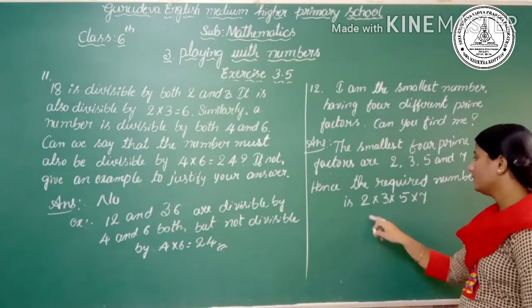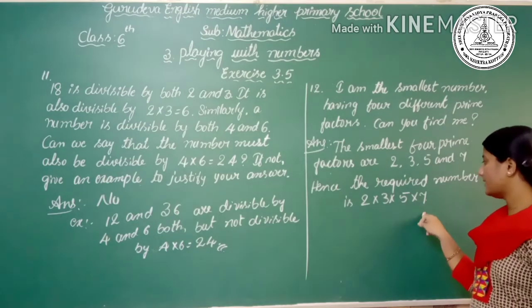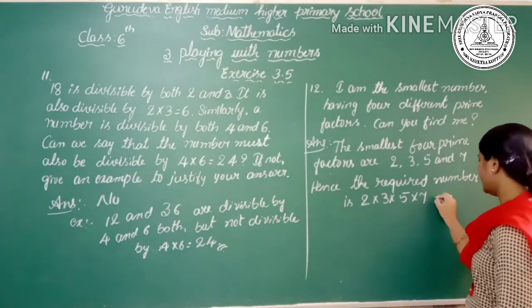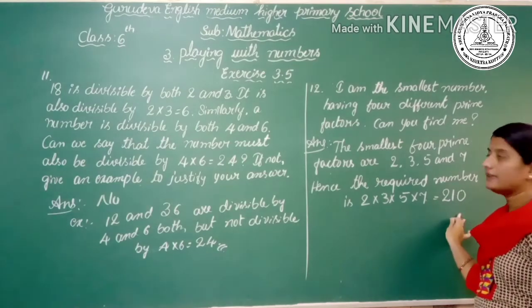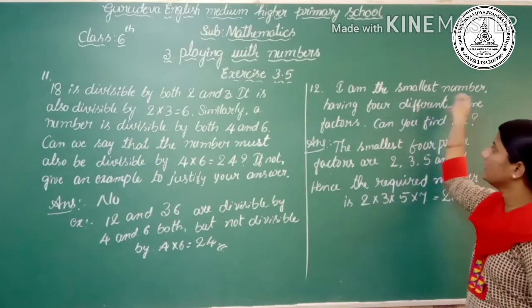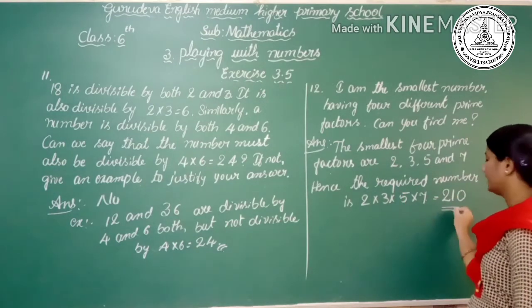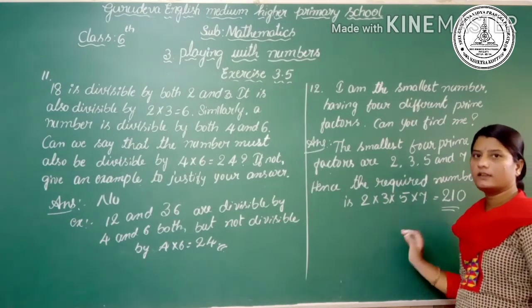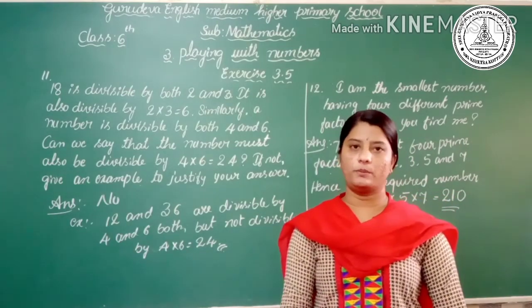Okay, 2 times 3 is 6, 6 times 5 is 30, 30 times 7 is 210. That is, 210 is the smallest number having 4 different prime factors. Okay, is it clear? Up to here we have solved all the problems of exercise 3.1. The next